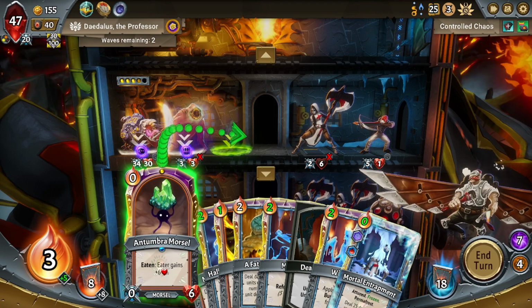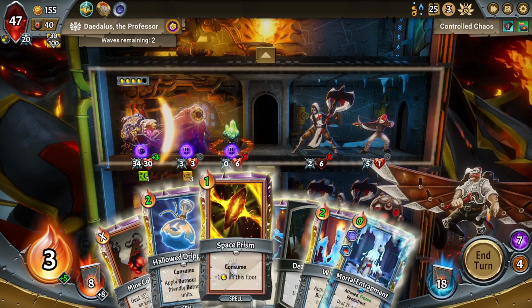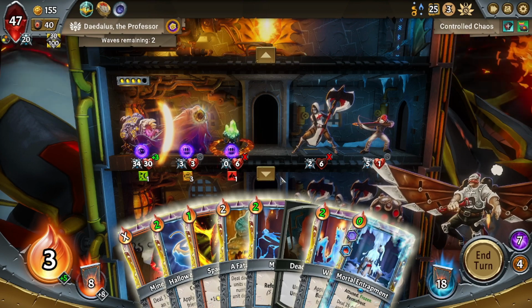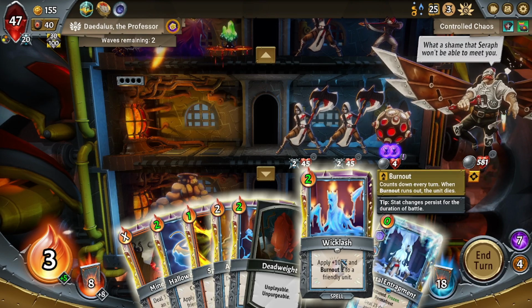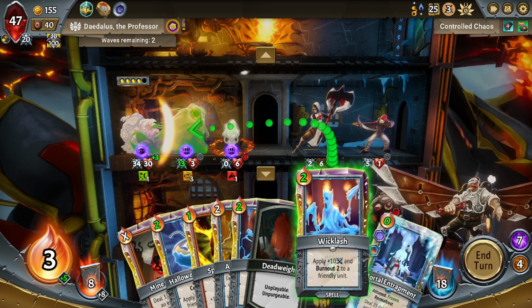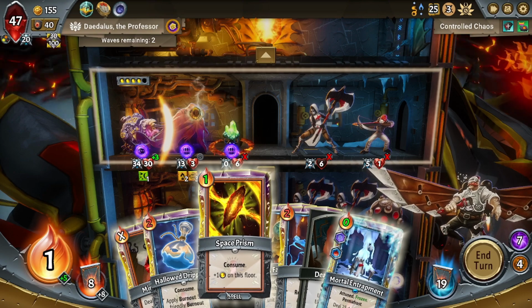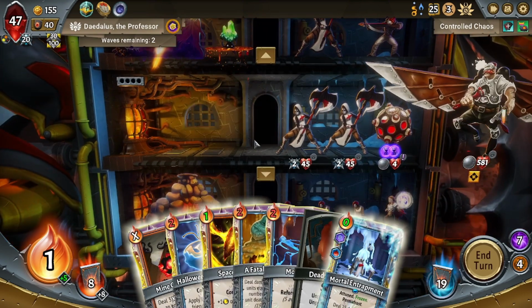Let's put this in front. We know we want to do that. We probably want to do Space Prism. I need more Ember in this deck. And I think we want to do Wicklash on our Primordium. And then Space Prism at the top. I think that's better than playing...